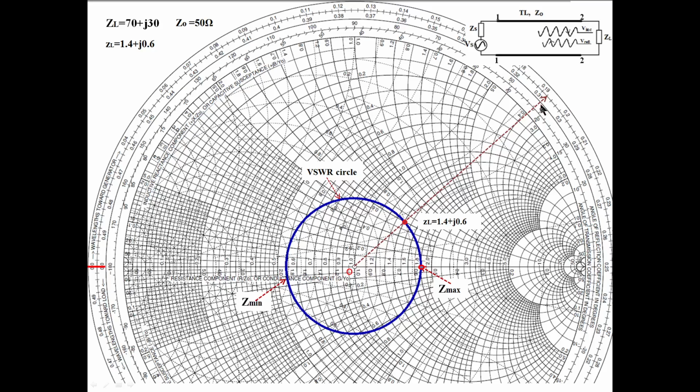Then we can easily come to know the distance from here to here. We started from 0.192 and traveled some distance, up to 0.25. So 0.25 minus 0.192 gives the distance from here to here. Easily we can measure it with the wavelength scale. From the center, passing through the load, you draw a line to the wavelength scale. It touches somewhere, and you note down the reading.